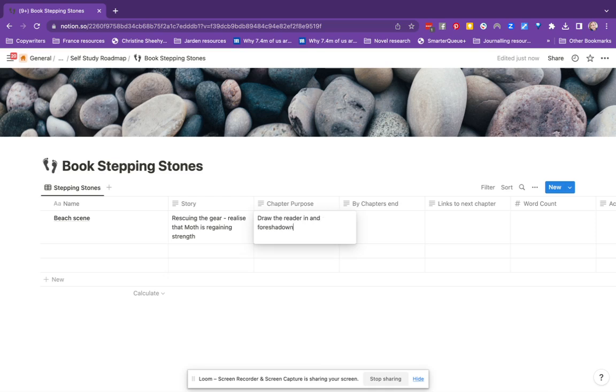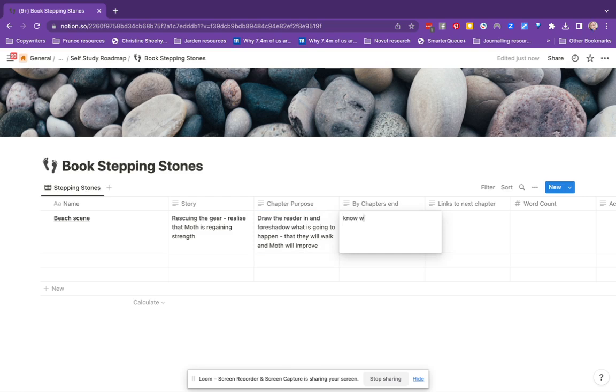In the case of The Salt Path, what they may have also been attempting to do here is to let them know that the writer was going to be okay, because the next scene where they talk about them losing everything is actually quite distressing. So by foreshadowing that actually Moth is getting better, we're already seeing that the outcome is likely to be positive. So it's planting a little positive seed at the beginning so the reader doesn't think it's going to be a depressing book. They will walk and Moth will improve, and then by chapter's end